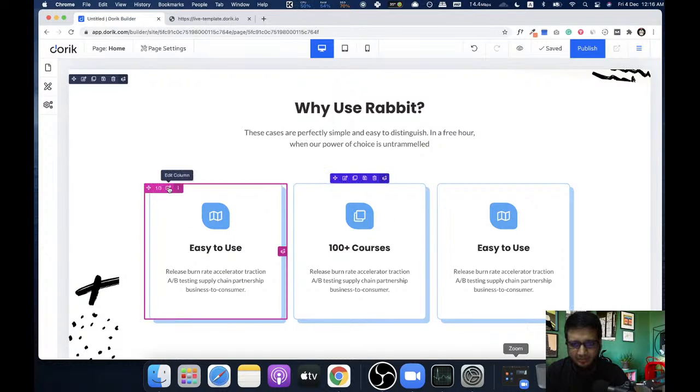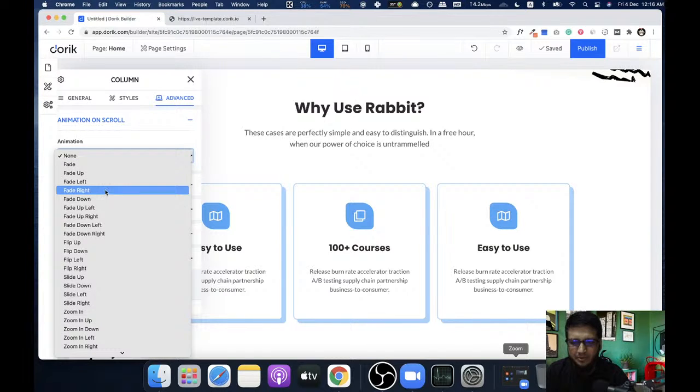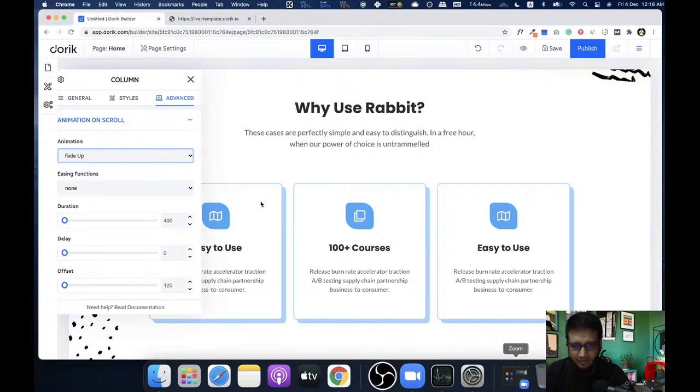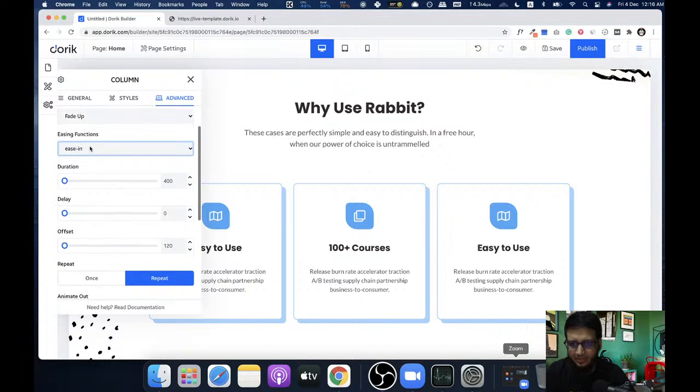So come here, edit, advanced, animation on scroll. I want to fade up, like I want the column to come from bottom to top. I'll pick an easing, or any type of easing function.